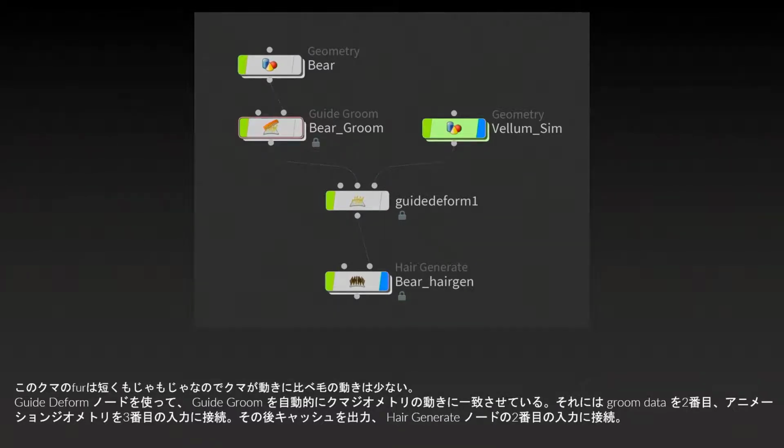So here's the network view up at object level. So we have our bear geometry, our guide grooms, and this time we're bringing in our animated bear. In this case, we're using Vellum to animate the bear, and we're using a guide deform SOP, and we're plugging in the guide grooms as its second input, and the animated skin geometry as its third input. 一番上のベアが実際にガイドグルームを作るための入力であり、それとは別にシミュレーションした結果の動いているベアを、右側の緑色のもので指定しています。それがガイドデフォームの2番目と3番目につながって、最終的にヘアジェネレートの2番目の入力につながっています。